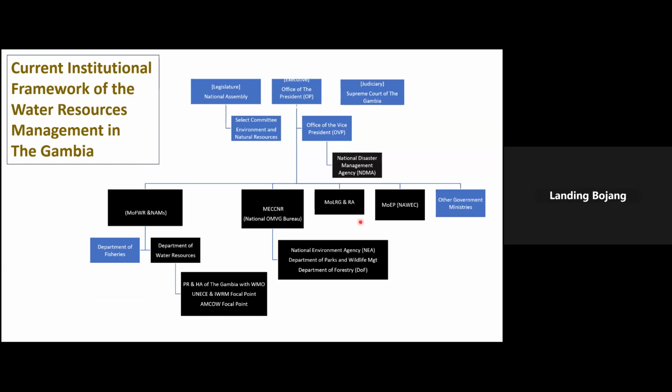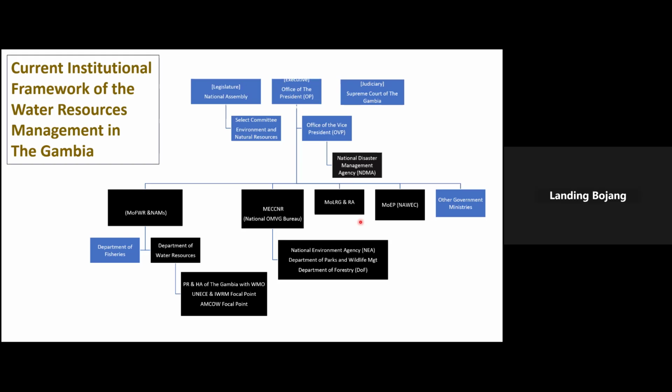As was mentioned earlier, the institutional framework for water resources management is somehow fragmented. It is spread across various institutions, as I've put in this chart. From the executive, the Vice President's office, you have the National Disaster Management Agency, in charge of disaster alerts and warnings. You understand that most of the disasters emanate from meteorological and hydrological impacts. And you also have our ministry, the Ministry of Fisheries and Water Resources, which is coordinating the policy aspect